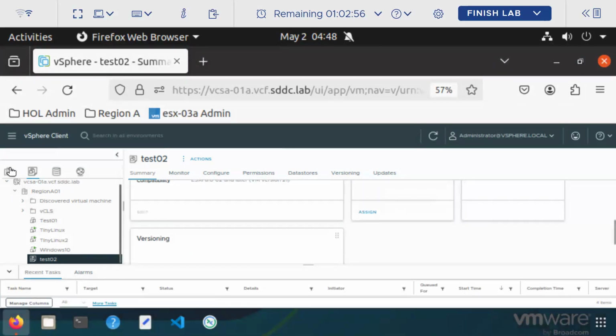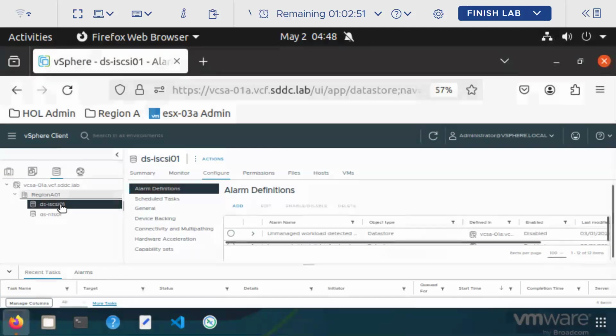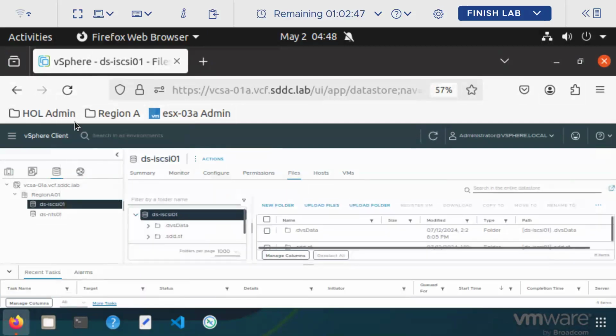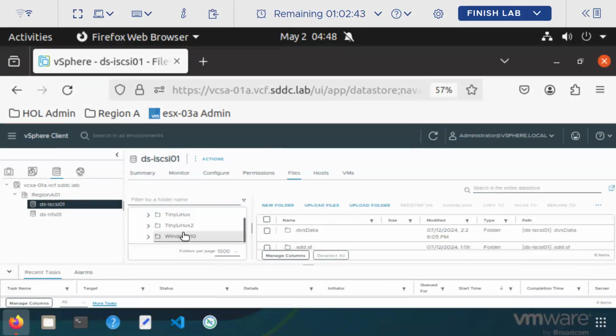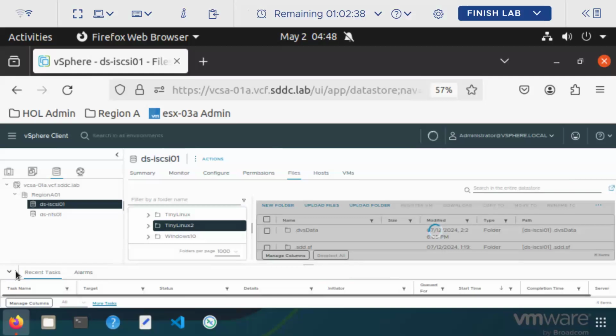See what I will do. I will just go to the storage. I will browse it and see if I come down. See Tiny Linux. If I'm coming to the Tiny Linux bar,